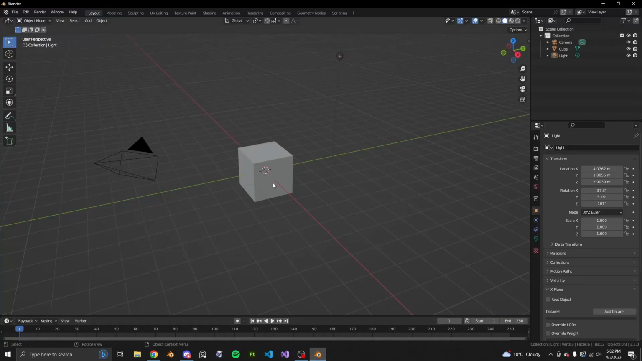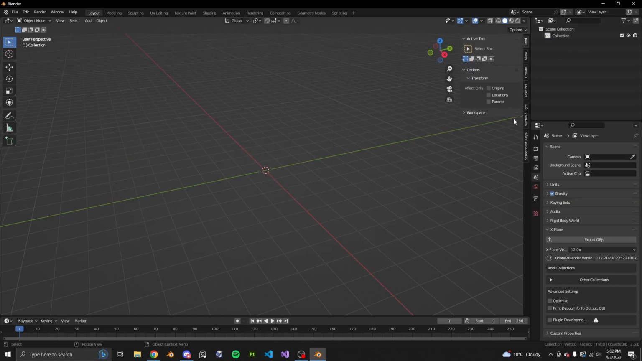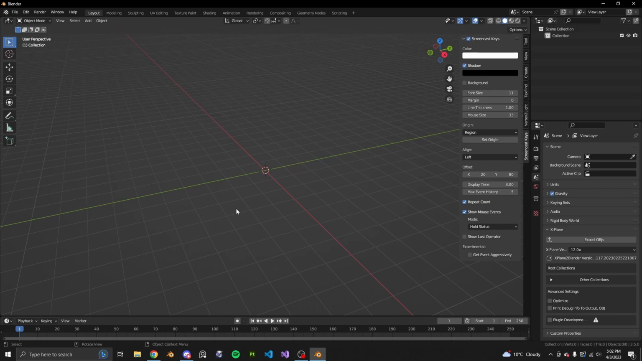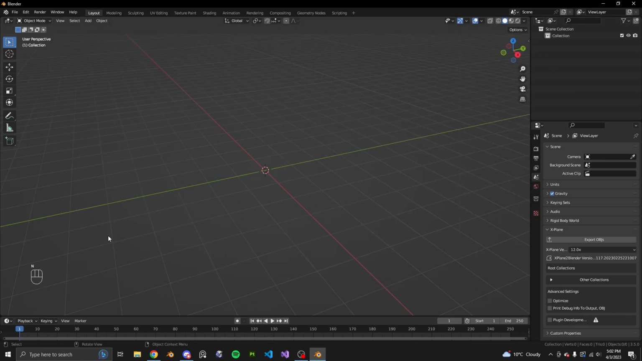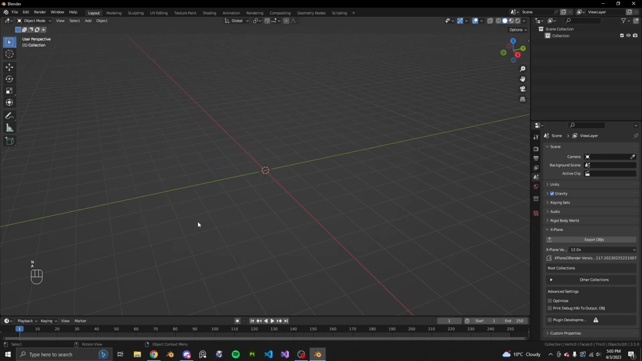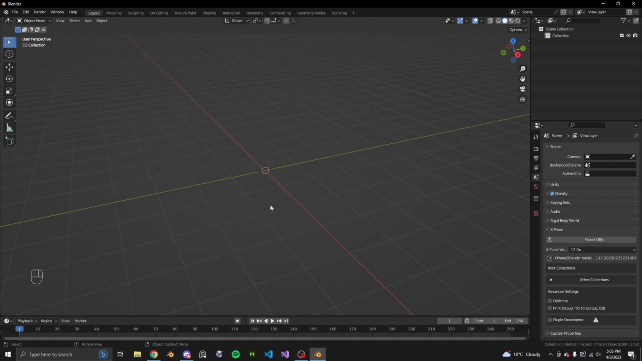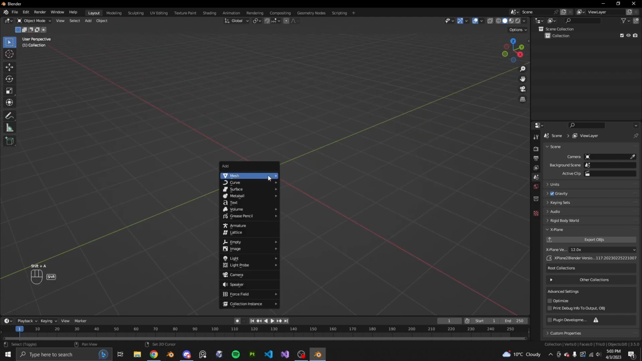So we just head back into Blender, press A, that's delete, and let me just go ahead and enable my screencast keys. On the bottom left, you should see my screencast keys, so every key I press, you should see exactly how many times and what I'm pressing. So let's go ahead and go Shift A, add a cube,